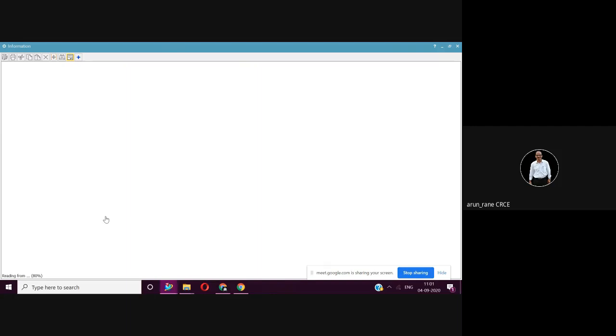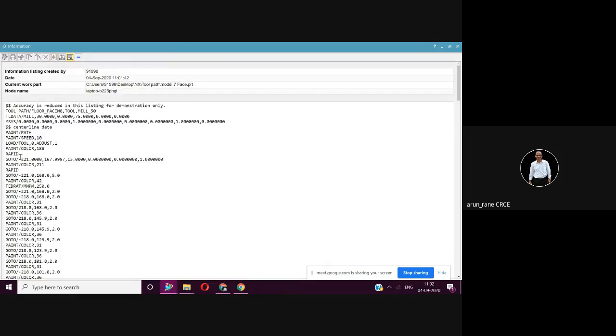You will see go to, forward, back, like this. English words: paint, rapid, go to, feed rate, millimeter per minute. This is what is called the APT. We are interested in this, as well as in G codes and M codes. G codes and M codes will be available only in post process. This is what you have to explore this weekend, whether post processing is possible. And another task is whether animation can be done in this student edition.